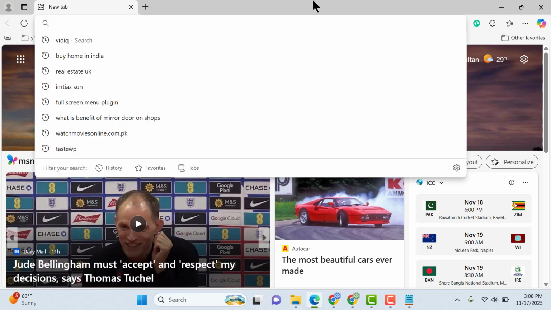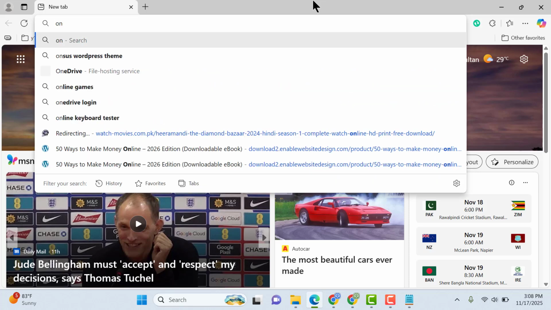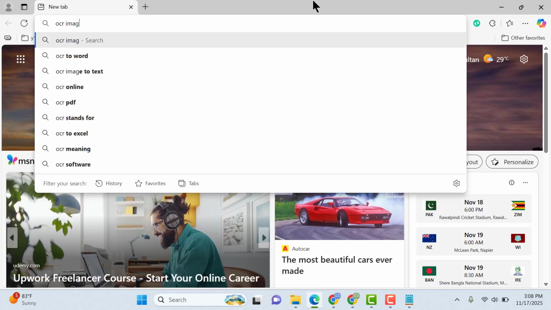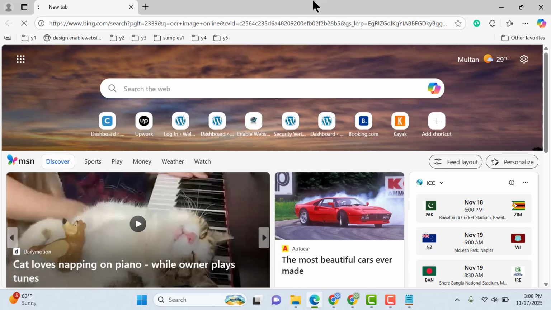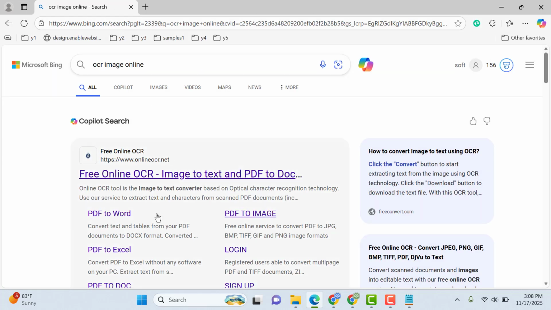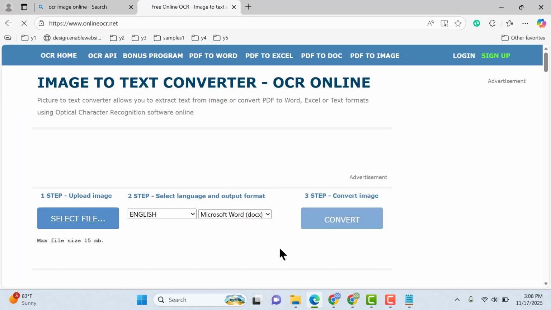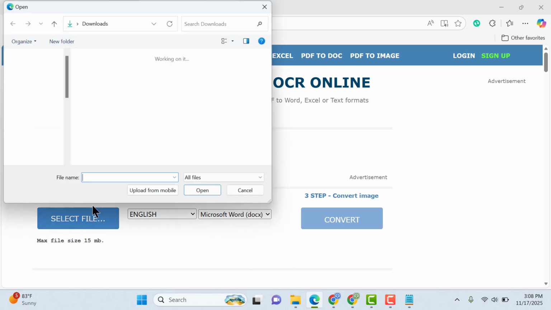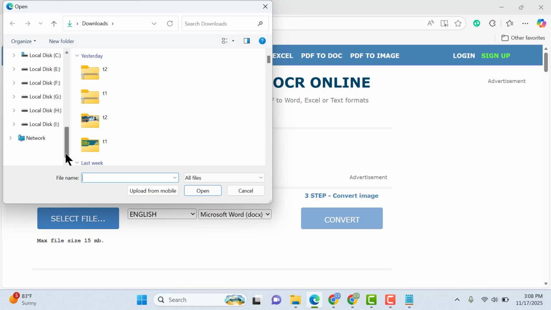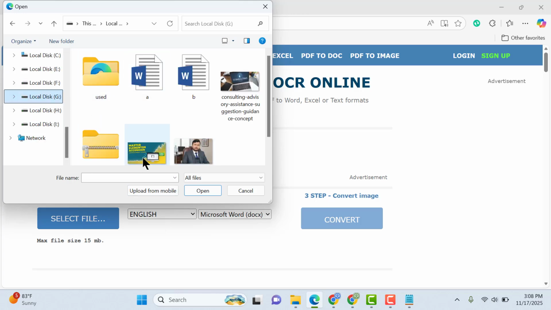So let me go here and type OCR image online. Now you can use different tools to get the text on an image. Now let me go here and select one of the images, this one,